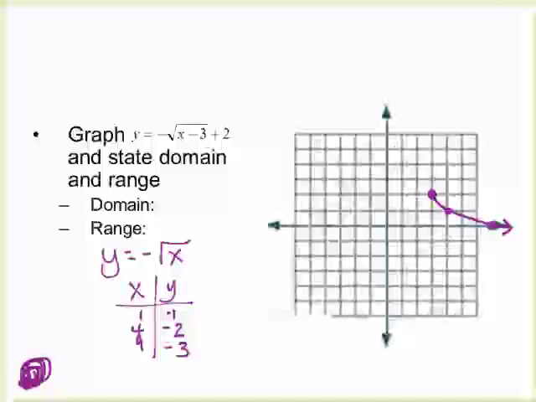For domain and range, where does x start? X starts at 3 and gets bigger from there. What about y? Starts at 2 and gets smaller than